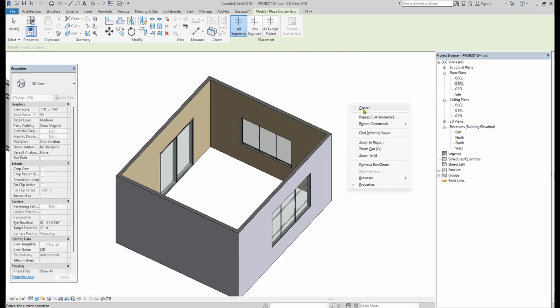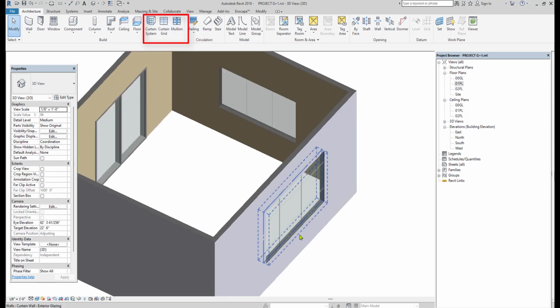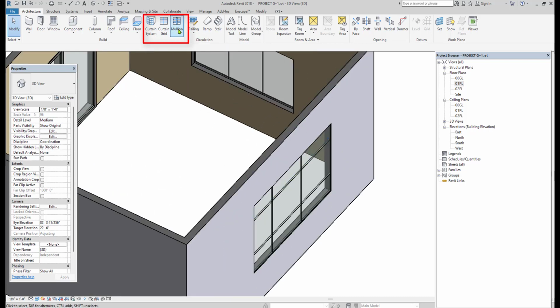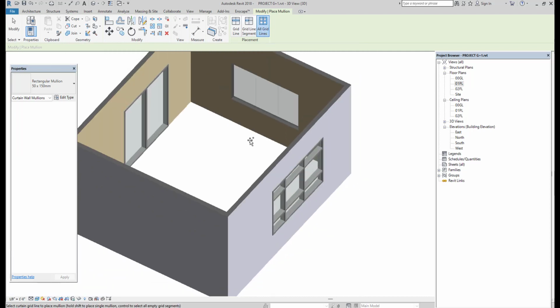So once you add the curtain grid, next we have the option like Boolean, to give the support for this. Then we go to the Boolean option. Either you want to add only segment wise or for the whole segment, depending on the requirement, you can go and add it to the whole line. Grid line segment, you can add it for only one segment, or else at a time if you want to add the booleans for the whole curtain wall, then you can just click on all these curtain grid lines like this.